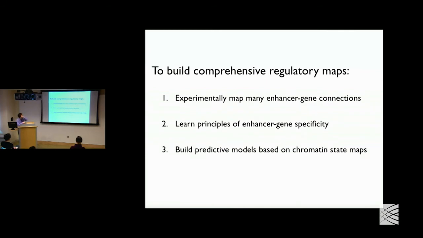Okay, so here's the overview of what we'll attempt to do. We're going to attempt to experimentally map many enhancer gene connections so that we can figure out, one, what things are actually enhancers in the genome and which genes they regulate. Two, we're going to then attempt to compare that data with all of the other chromatin state maps or other data that exists and see if we can actually learn the principles of how enhancer gene connections are specified. And then ideally, if we understand those principles well enough, we're going to be able to build predictive models that could predict these in, say, new cell types or at new genes that we haven't measured yet. Okay, so starting with number one,